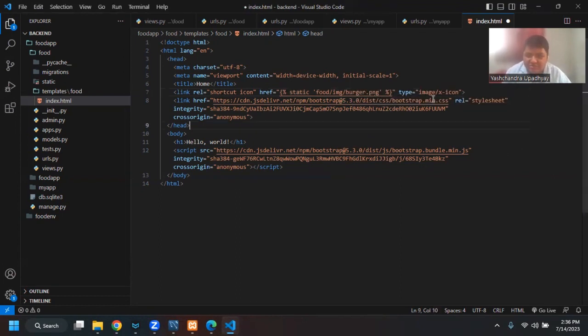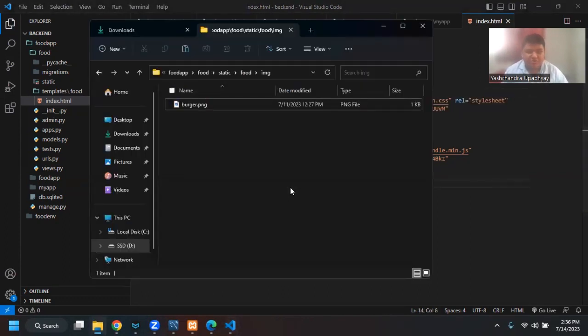Now, because I'm using a PNG file, I will have to say image slash PNG. And here, instead of shortcut icon, I can just say icon. Okay. Now, if I go to, let us say,